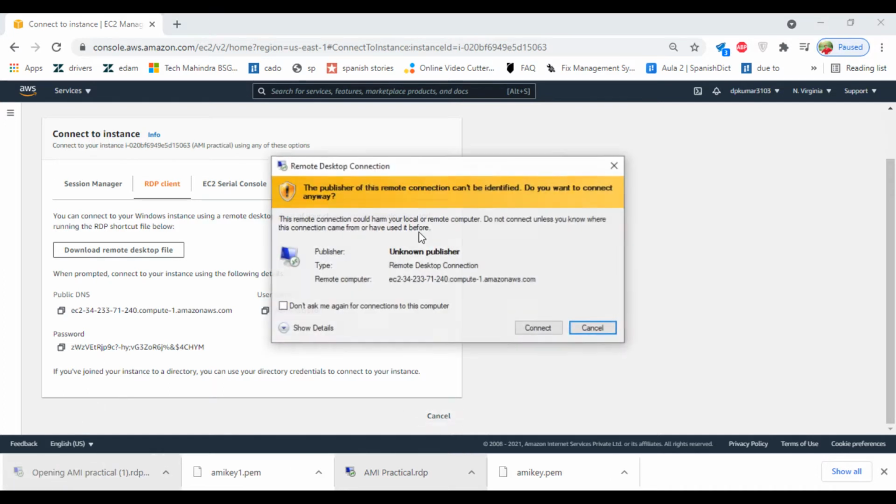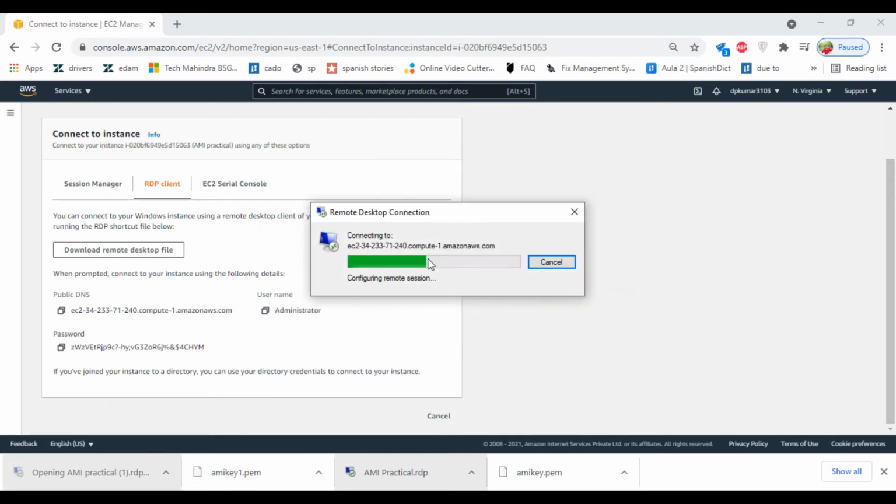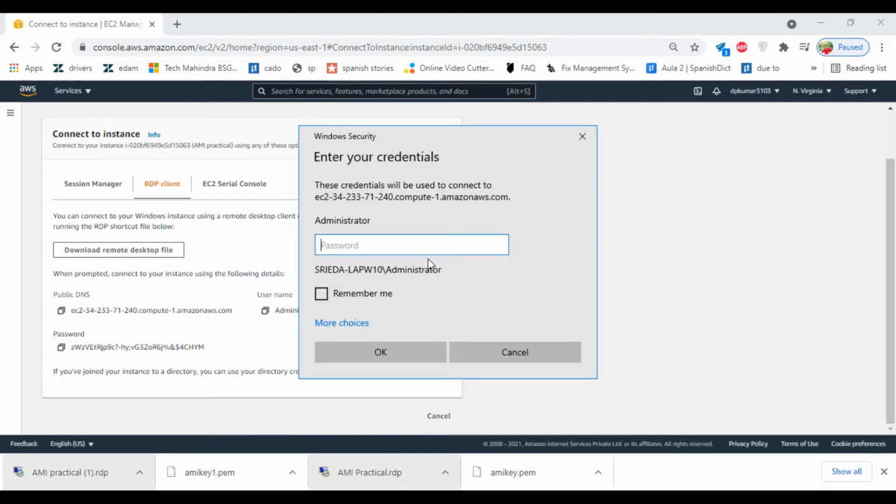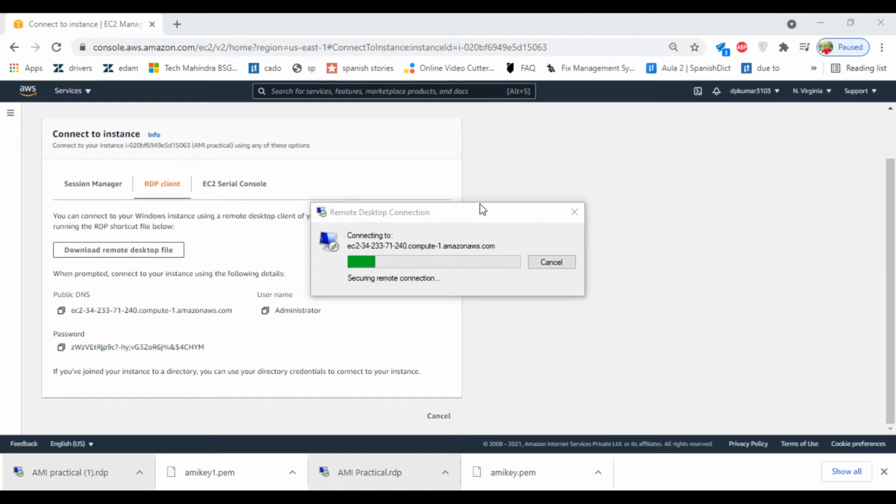Now let's log in and see if you are able to connect. Yes. Enter the password and click on OK. What we are going to do is add some files in the volume on the desktop and in the D drive.